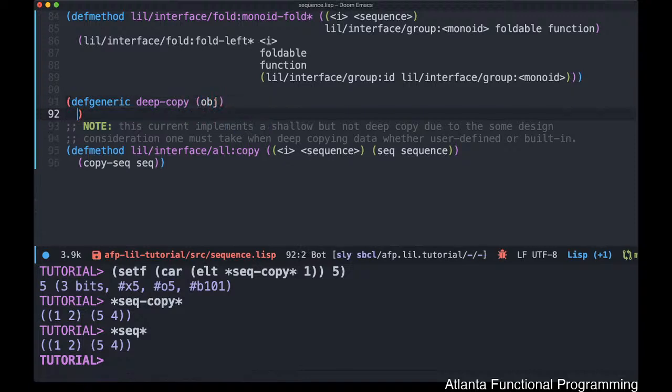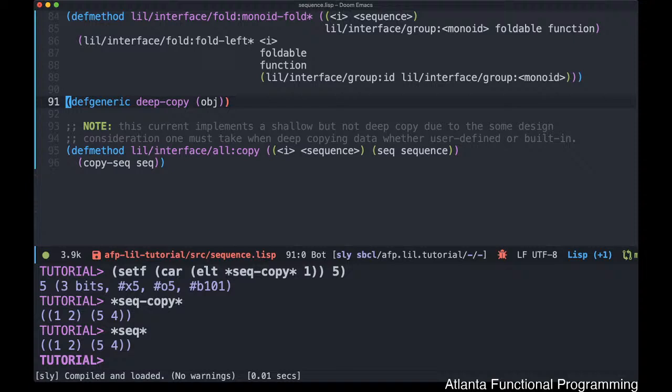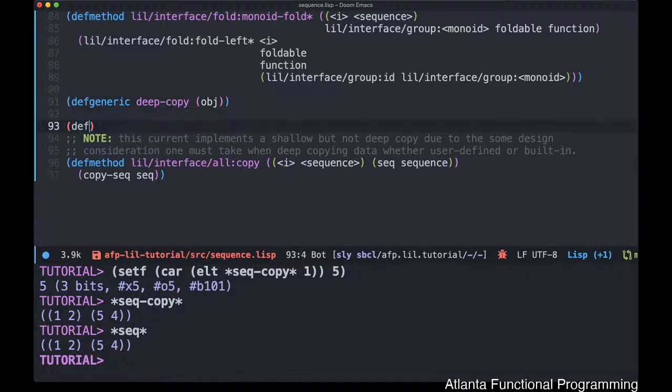Okay, and I'll write some documentation on this guy later on. So now we have our function. Let's go ahead and write some specific stuff related to sequences. And that is, let's go ahead and specialize this guy on,